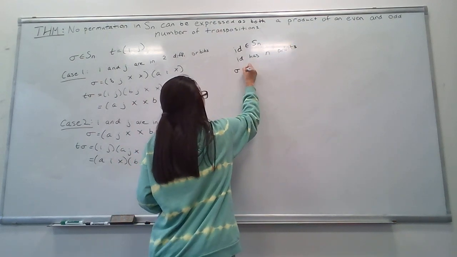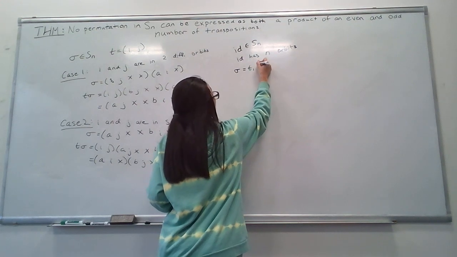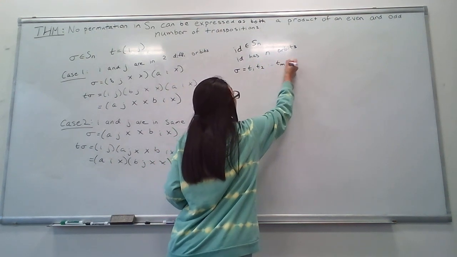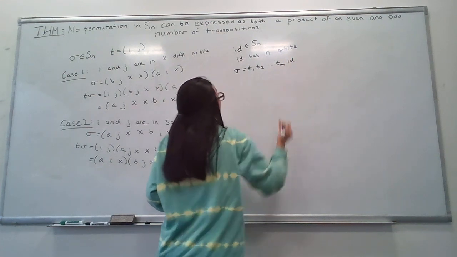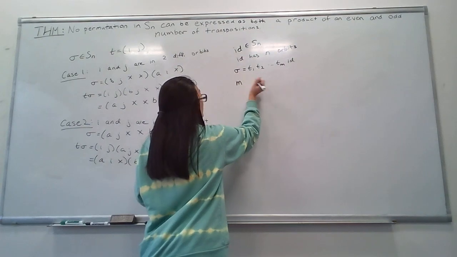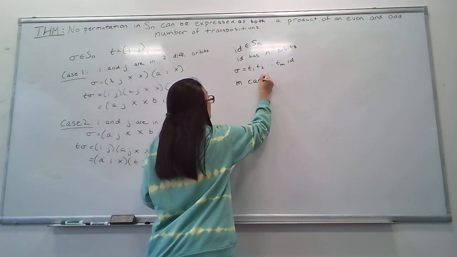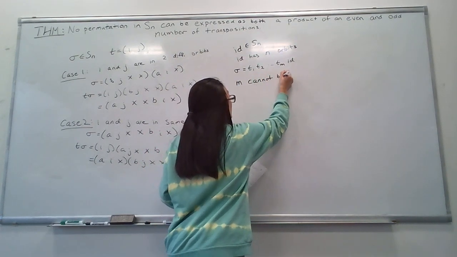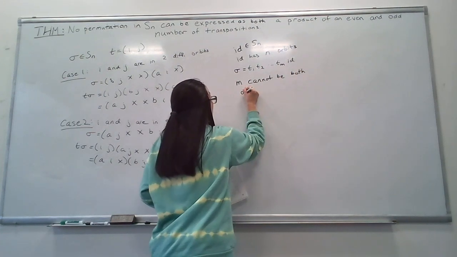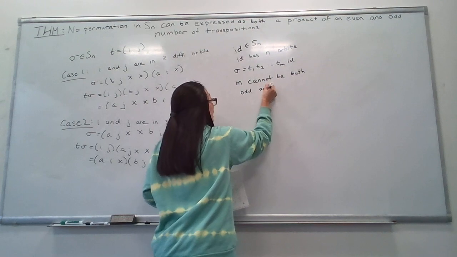And permutations can be composed by the product of transpositions and the identity permutation. And we know that m cannot be both odd and